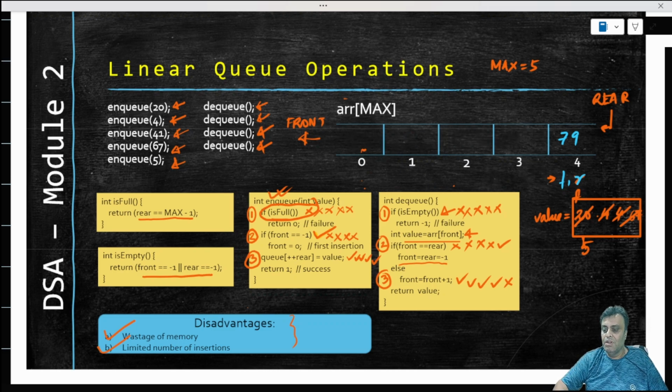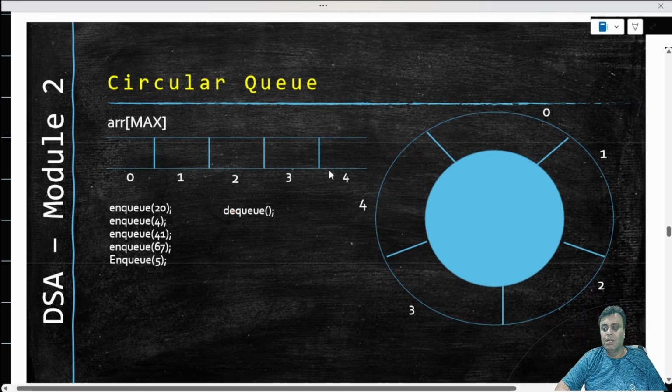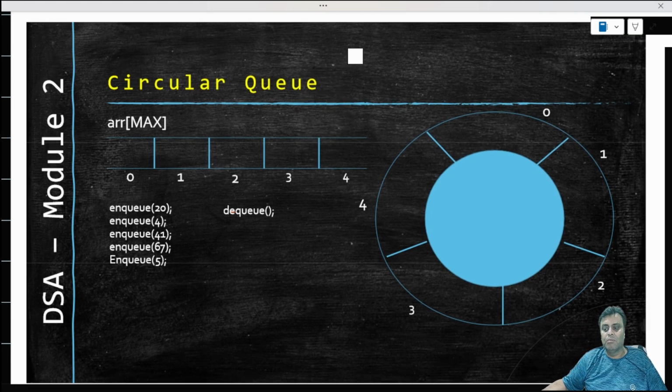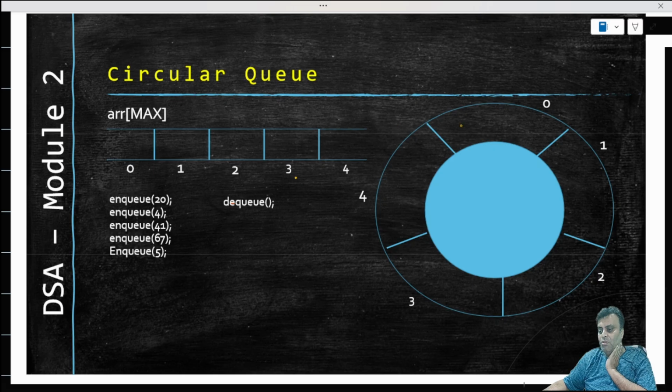So we will therefore study a circular queue, which basically eliminates this problem. Now, how does it remove this problem is what we will first investigate. Let us assume, and I hope you can understand that this is the same array that we had taken to implement our queue. And in this same array, we enqueue 20, 4, 41, 67, and 5,